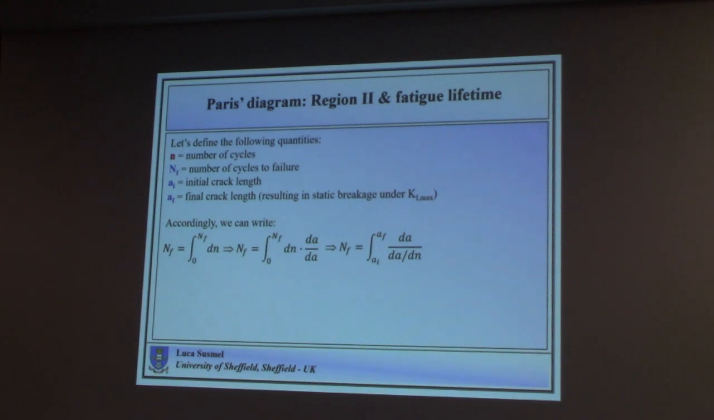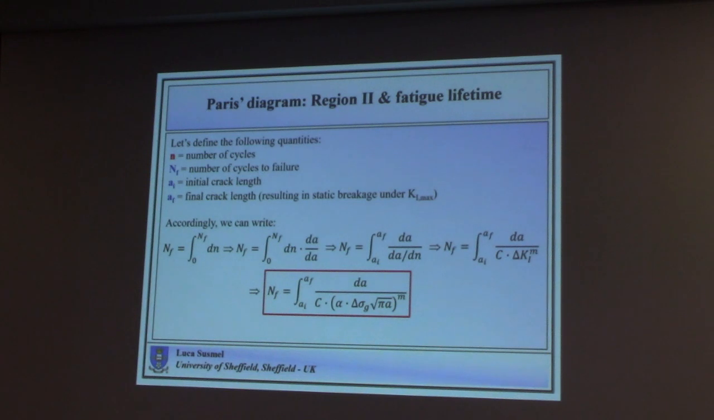But if we focus now our attention on this term, we can use the Paris equation here to express da over dn, which is C times delta K1 to the power of m. So now we have this final equation where delta K1 is the usual formula we use, the engineering definition for delta K1. It's alpha times delta sigma g times the square root of pi times a. Okay, let's have a look at this formula, which is not easy